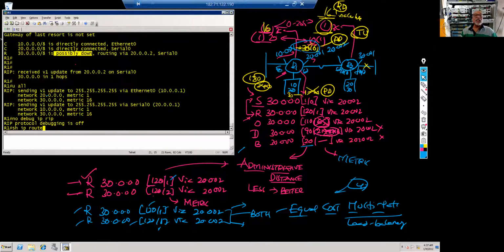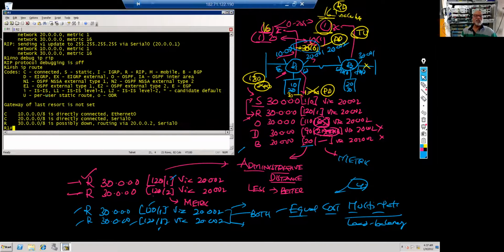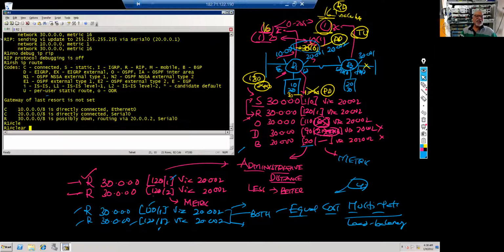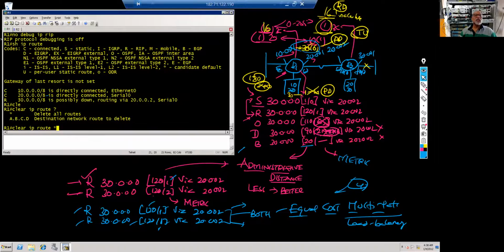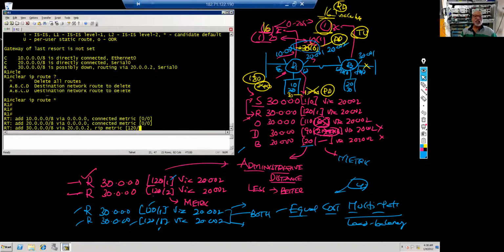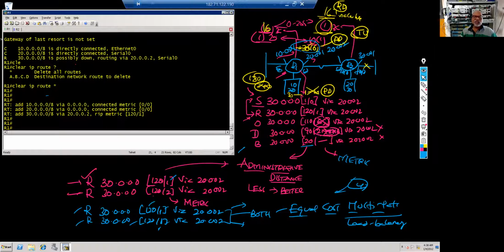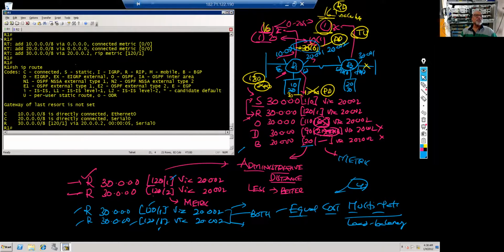Right? Next, this procedure, it will follow for next 240 seconds. I can clear it. Clear IP route star. If I say, it will create all the routing table entries. See, 10, 20, 30, everything is fresh now. Right?